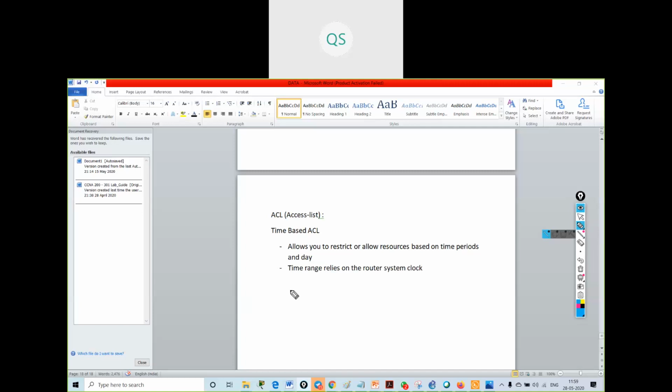Suppose I have some clients in my company for 20 or 30 days. I can select that the client should get access to the resources between Jan 1 and January 31st, and in between 9 to 5 only.